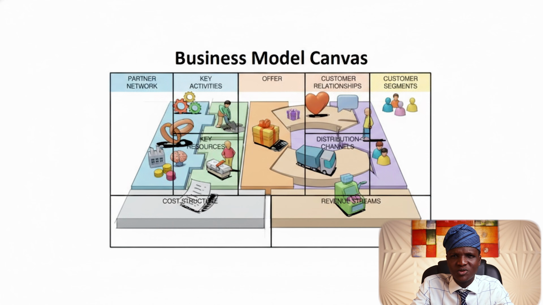And I know you are not getting it yet, so I'm going to give us an example so that you know exactly what we are going to put in each box. So let's start by me showing you a well-known business model canvas. I mean, a business that is well known. Their business model canvas I'm going to show us, and that business is what? Uber. That's the same Uber that you know, Uber Ride. So let's get into it.